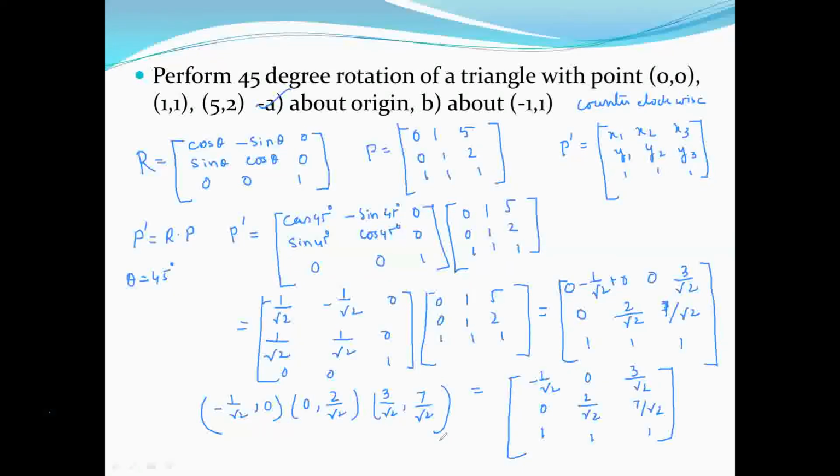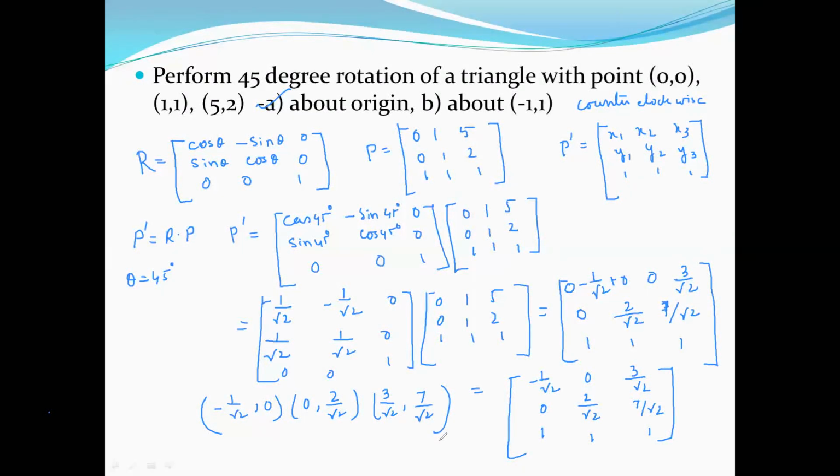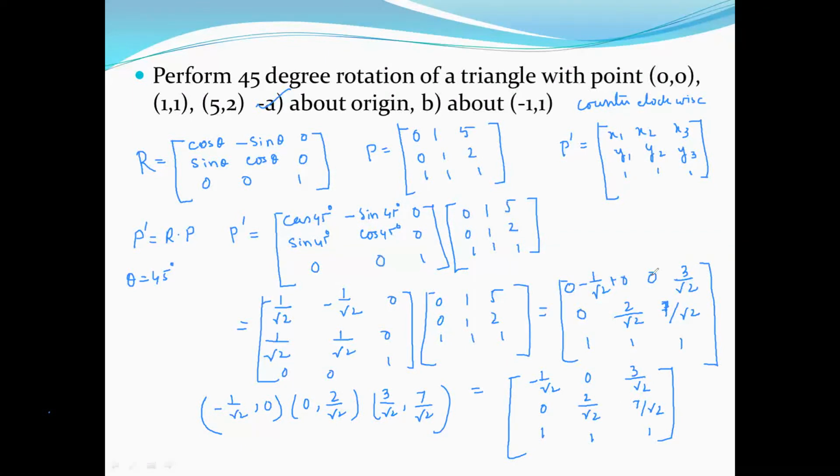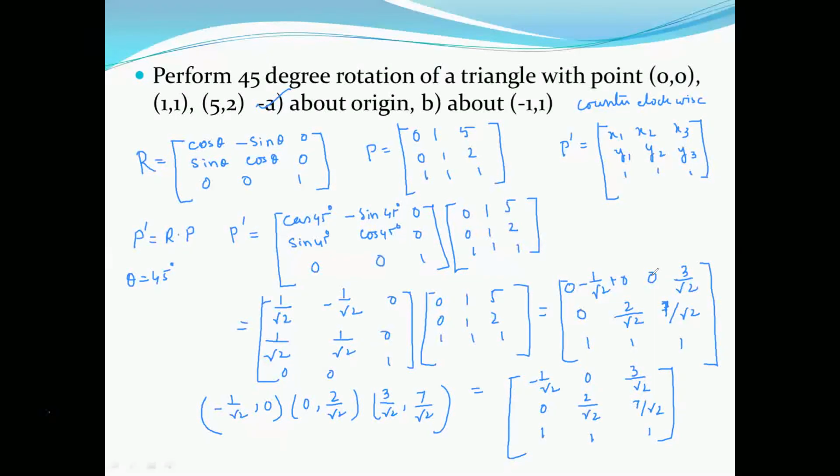So you can do your own calculation and you do it accordingly. In this way you can rotate. After performing the rotation of this object about the origin, with the angle 45 degree, you will get those final points, and if you plot it, you will get the rotated triangle. Okay. Now next,